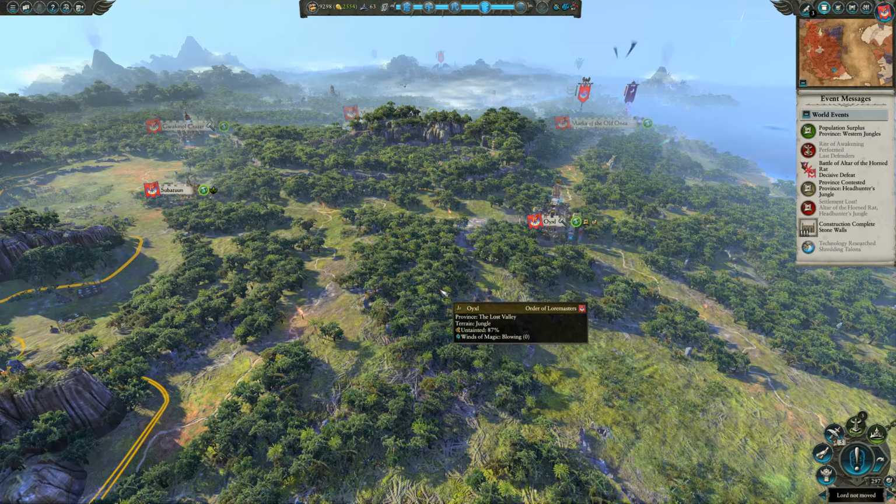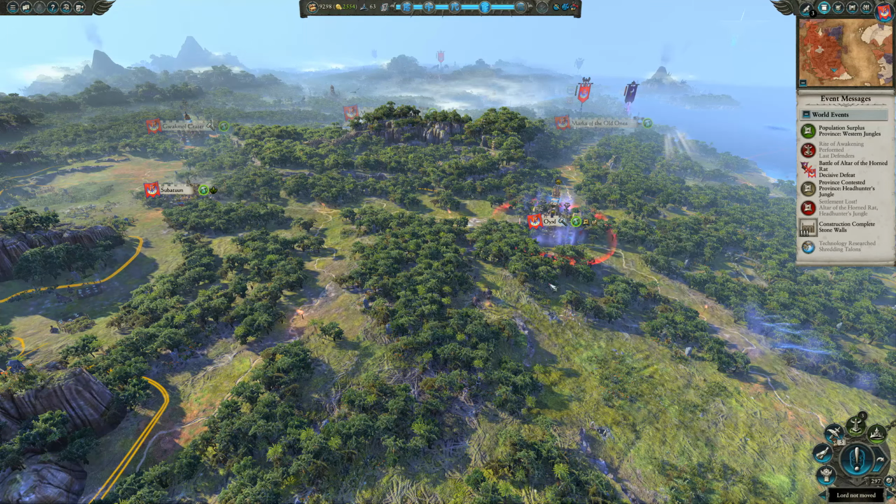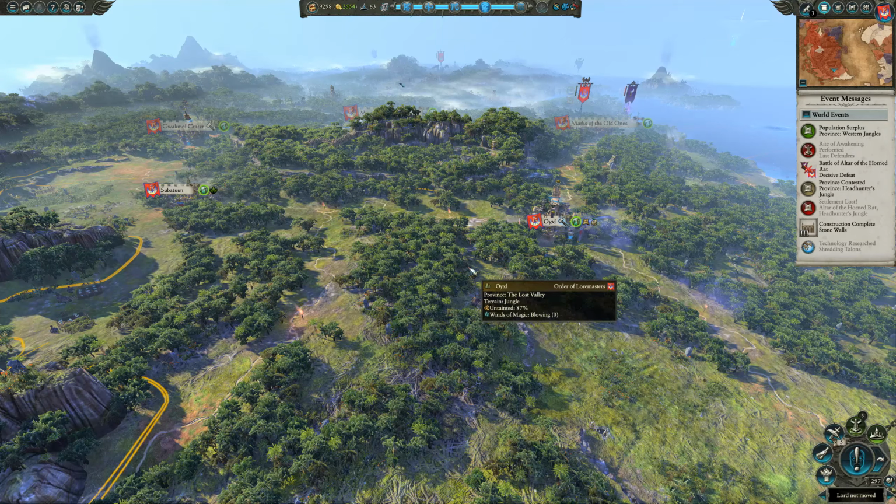Now, provinces and settlements in the campaign map are your source of income. They're the source of your economy, and they're also the means by which you can recruit troops and agents. You can also gather resources. We can see some resource icons here, pastures and exotic animals. You can gather resources within settlements. And finally, you can build defensive buildings to bolster your settlements in case they're attacked when you don't have an